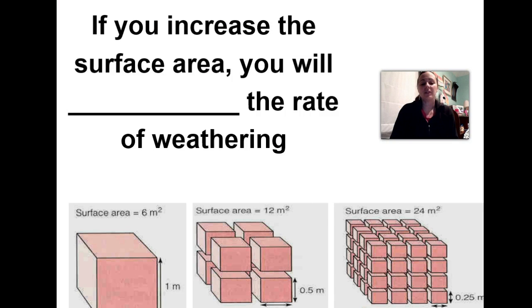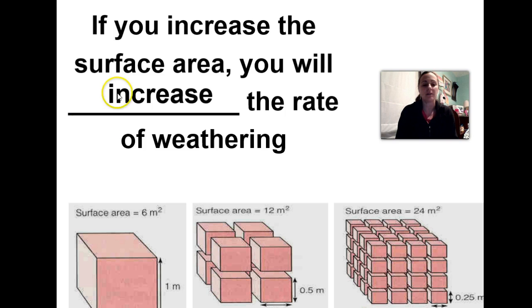So what happens with physical weathering, and any weathering really, is if you increase the surface area of the rock, you will then increase the rate of weathering. Now let me explain this. The surface area is how many surfaces are exposed to the wind and the atmosphere and the hydrosphere and the water, okay? So if you think about how many surfaces are exposed in this first brick here on the left,